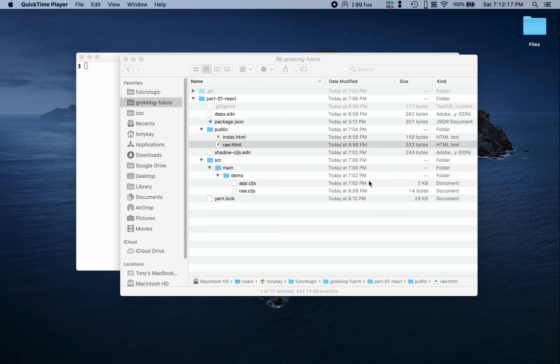And I guess another purpose is to dispel some of the myths around Fulcro and how it works. And I just want to help Fulcro users do a better job of building their applications. So on that note, part one, I'm going to walk through a bit about the low-level React